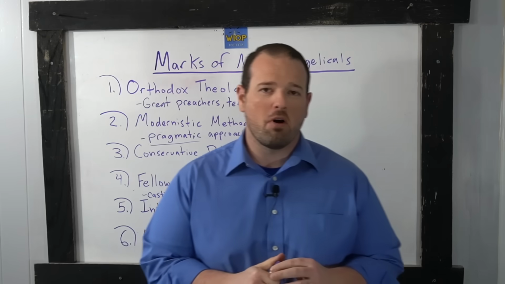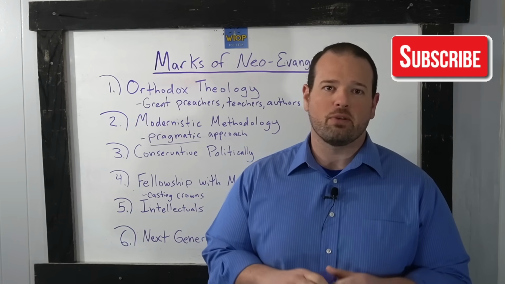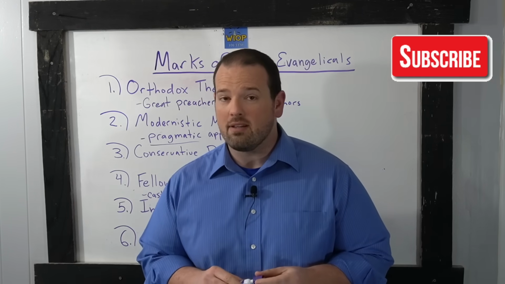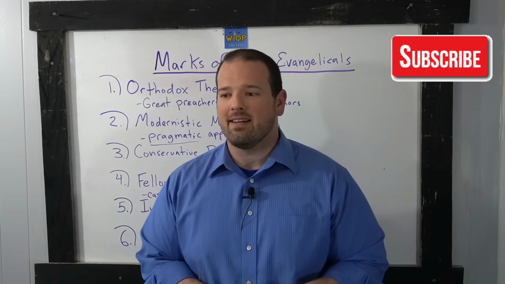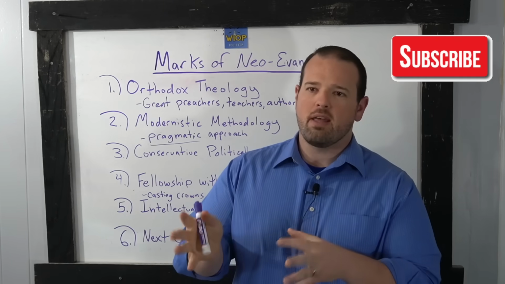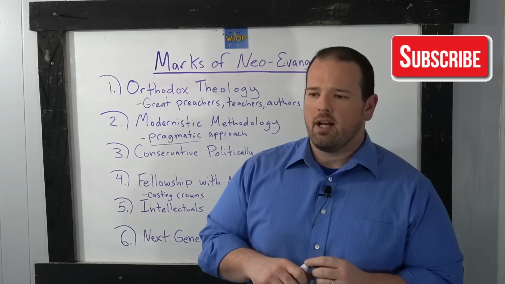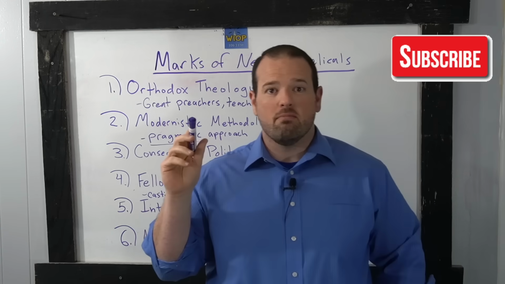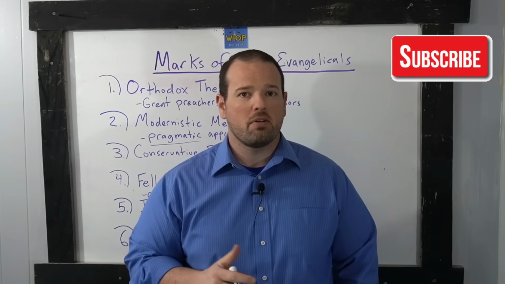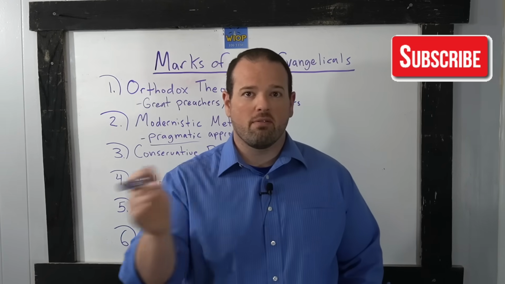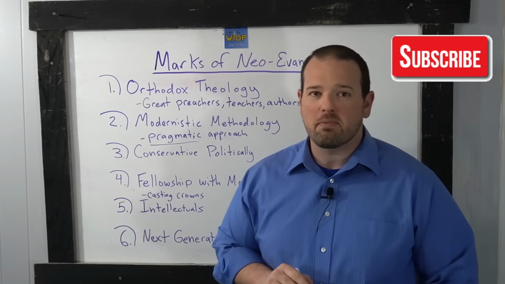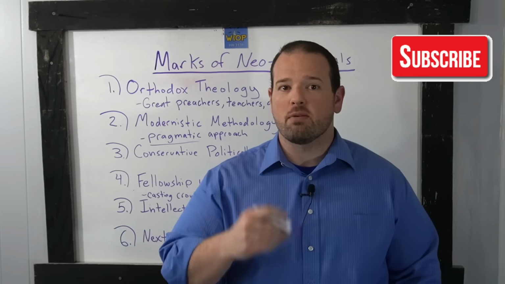We're going to talk about the marks of a neo-evangelical today. This is something that's pretty useful when you're trying to see the lay of the land of modern Christianity and what churches are. Most people just look at the label and the sign out front, and it says Methodist, Baptist, Presbyterian, whatever. But there's another dimension to this. There's the modernist, there's the neo-evangelical, and then there's the fundamentalist. Now, a person can be a Presbyterian and be one of those three things. You could be a modernistic Presbyterian, a neo-evangelical Presbyterian, or even a fundamentalist Presbyterian.